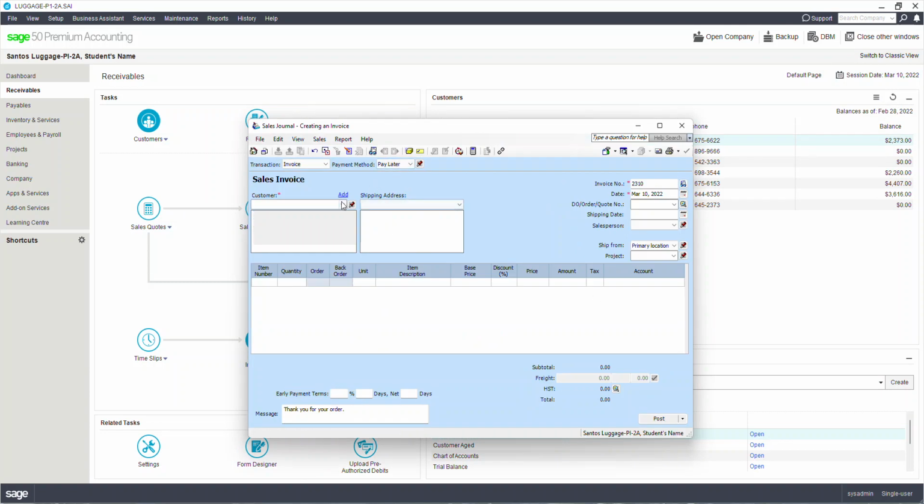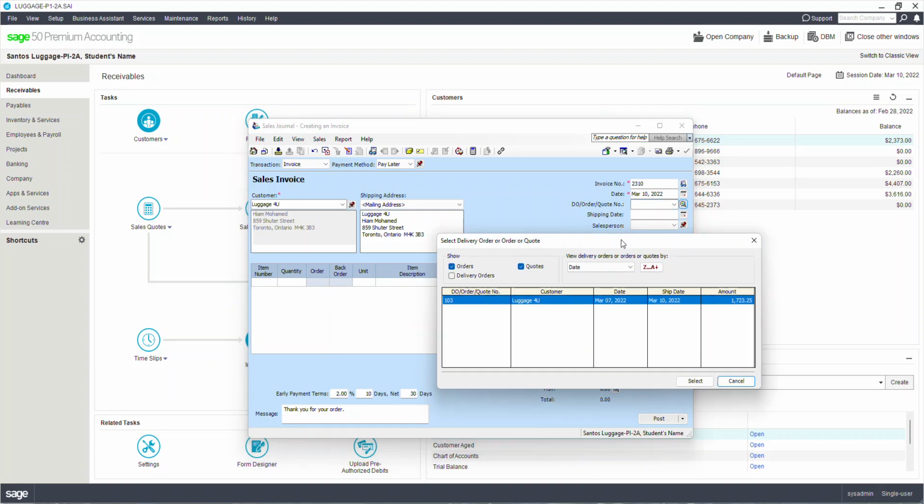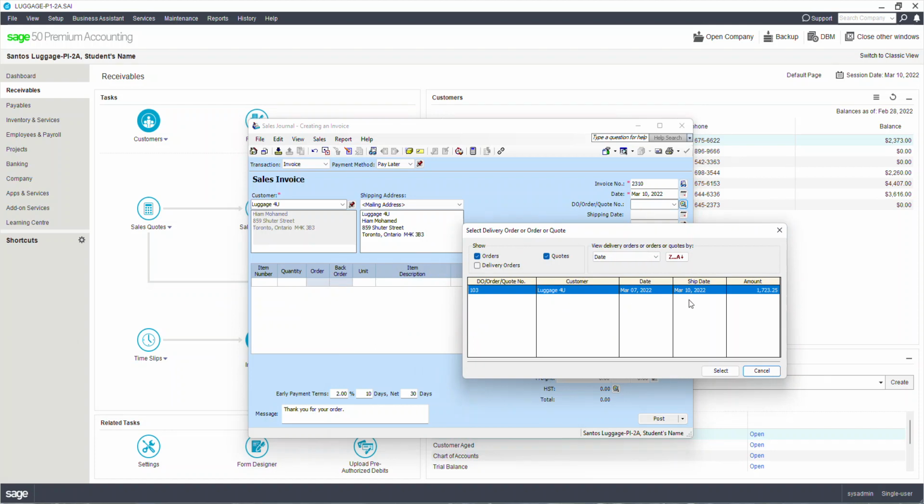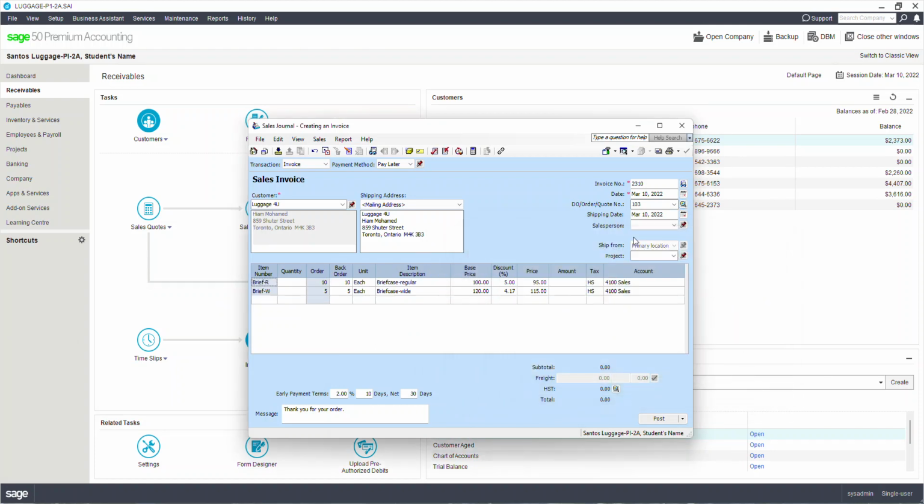and then over here pay later, and select the customer Luggage for You. Now you see there is no detail. What I will do is I'll look for that order. See here, you click on this arrow and it's going to show you all the pending sales orders, and you select 103 and pick up the detail saying this sales order had 10 briefcases regular and then 5 briefcases